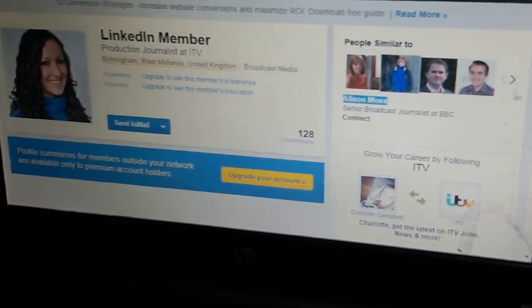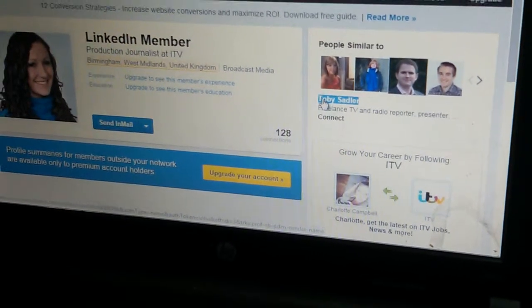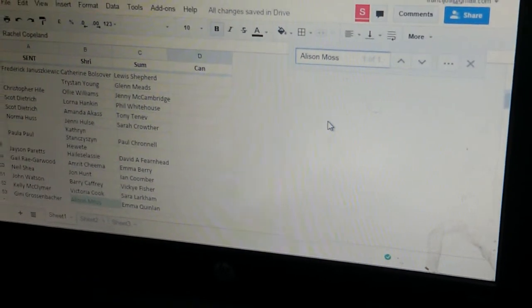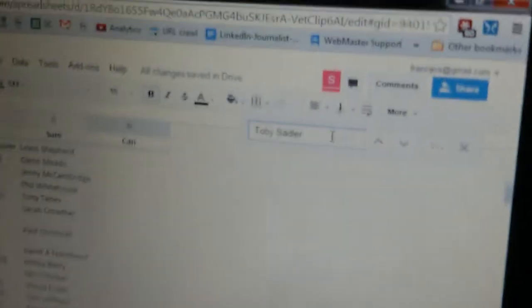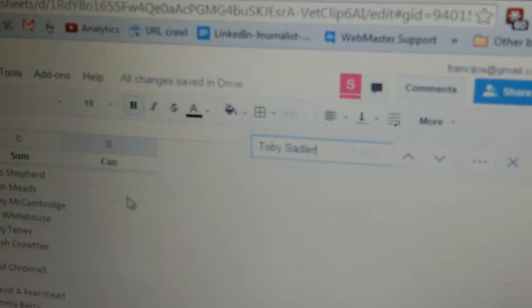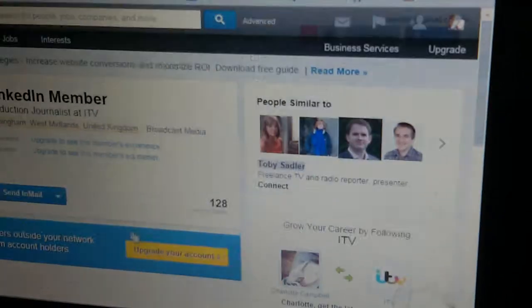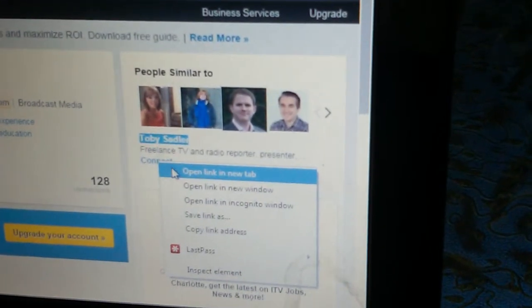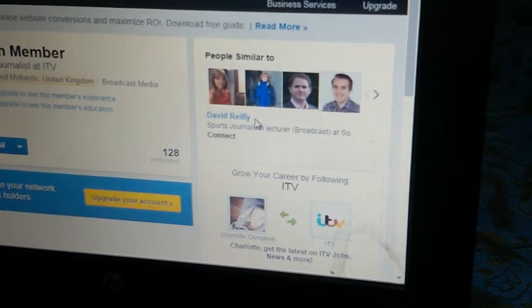So skip that, do Alt Tab, toggle the window, go to the third image, select the name Toby Sandler, Control C, toggle the window, Control F and Control V. Search for Toby Sandler, it's showing 0 of 0. So that means it's not matching. Paste that name over here on your row, go to the other page, right click the connect button on Toby Sandler and open in a new tab. Leave it like that, go to the next image and repeat the same.